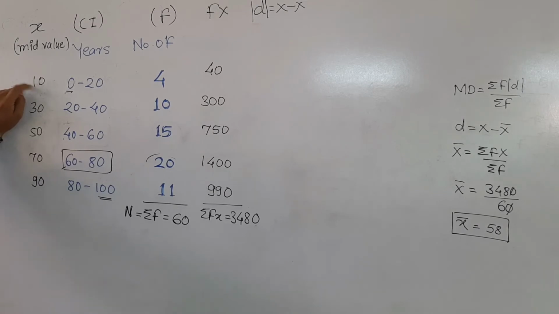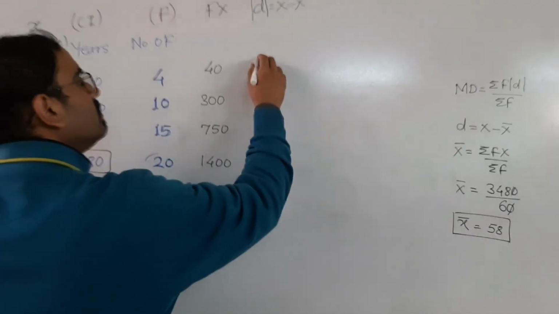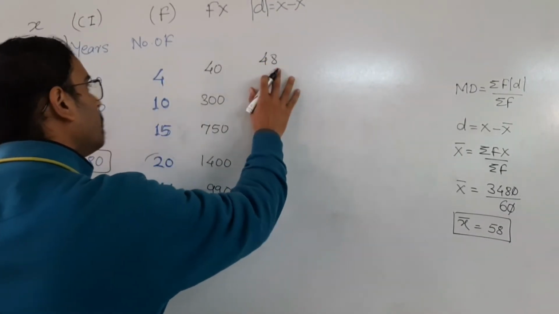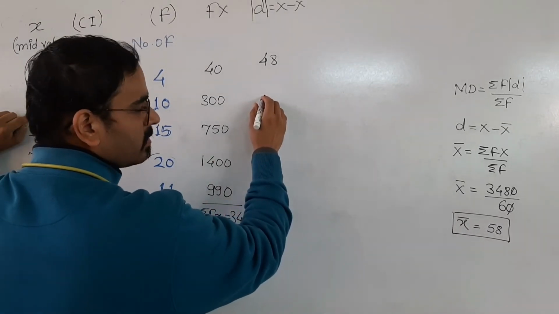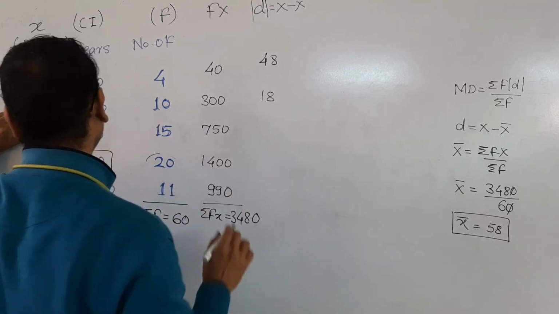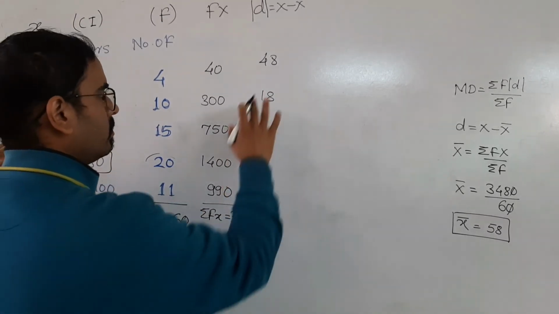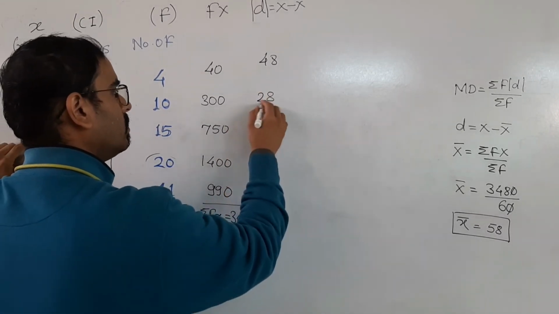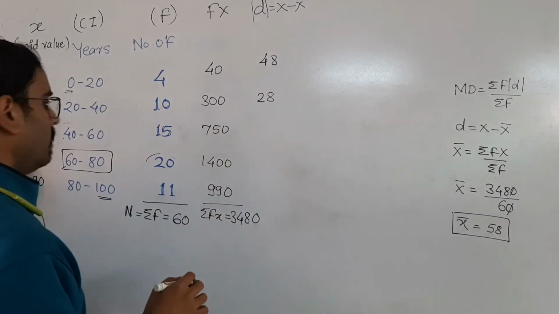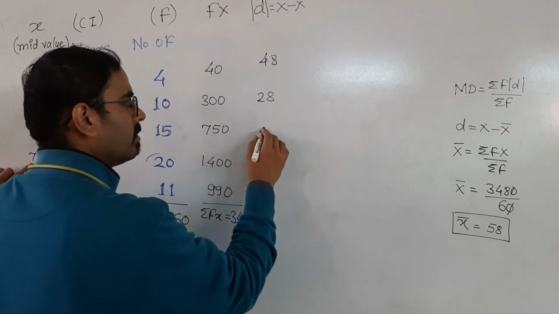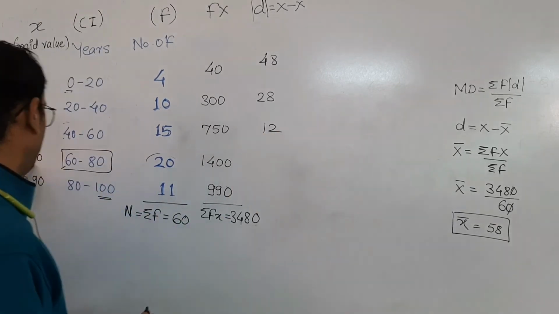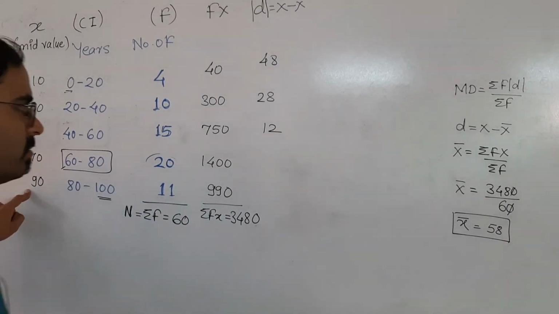So 10 minus 58, that will be 48, and it will be positive only. 30 minus 58, that will be 28, and 70 minus 58, that will be 12, 90 minus 58,